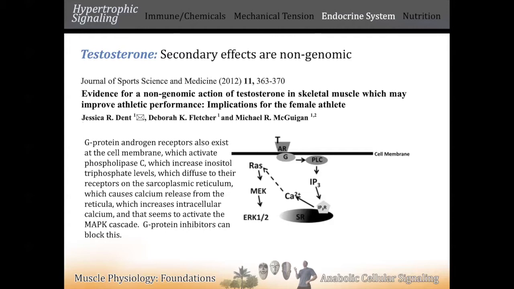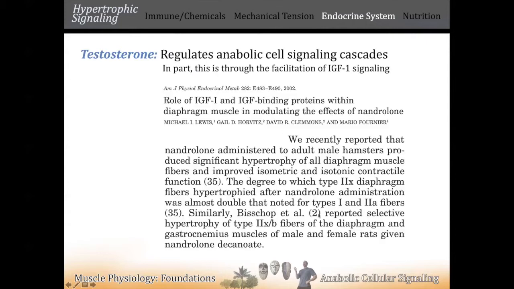It's communicating with mTOR at raptor and at tuberin, the tuberous sclerosis complex, but specifically TSC2, which is tuberin. And so with these cell membrane receptors, testosterone seems to elicit a calcium release from inside of the cell, and